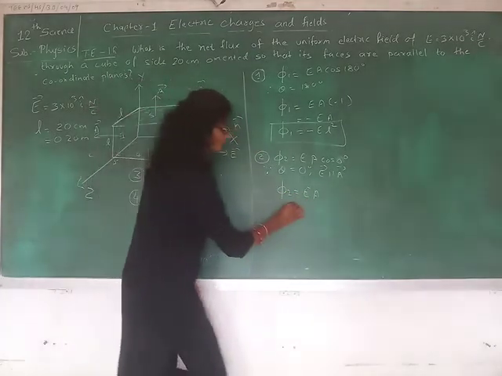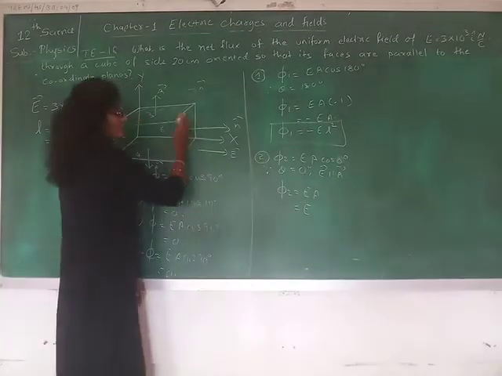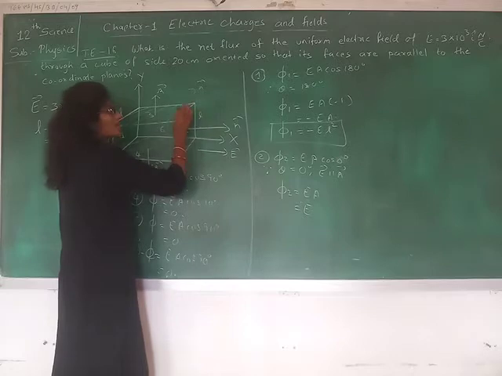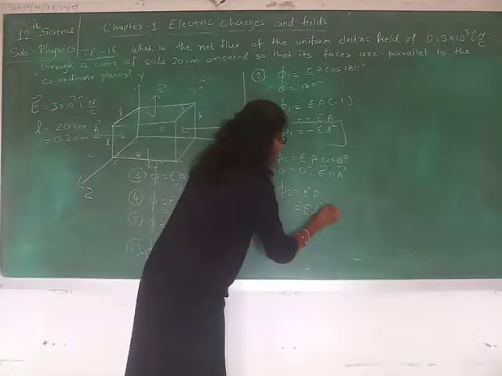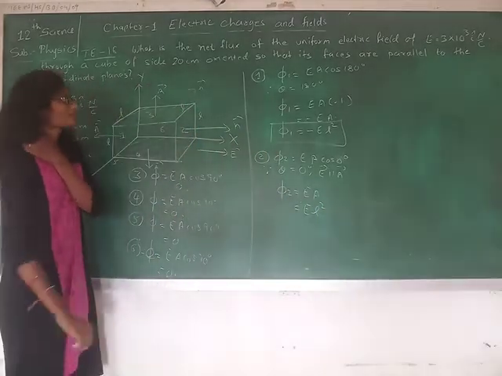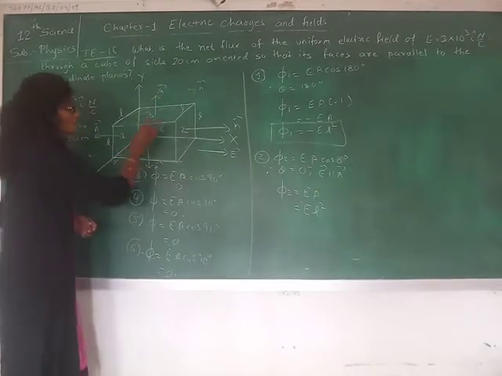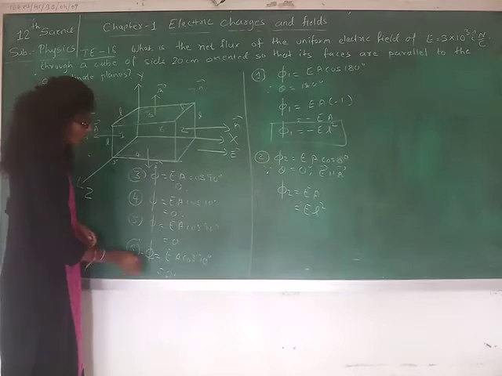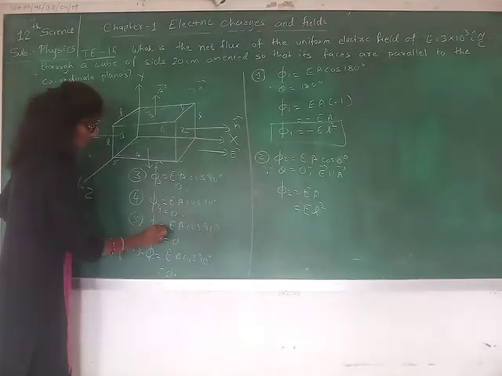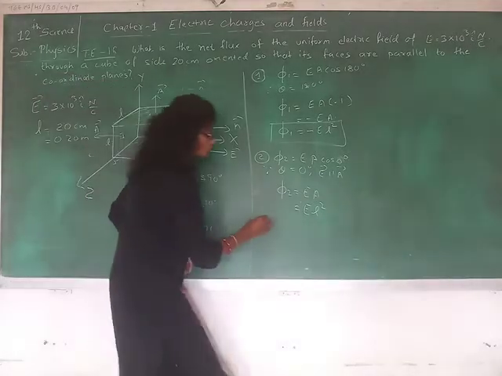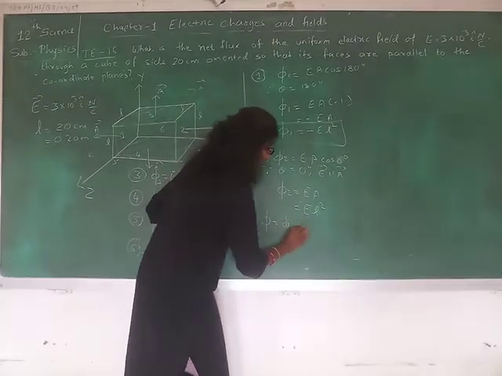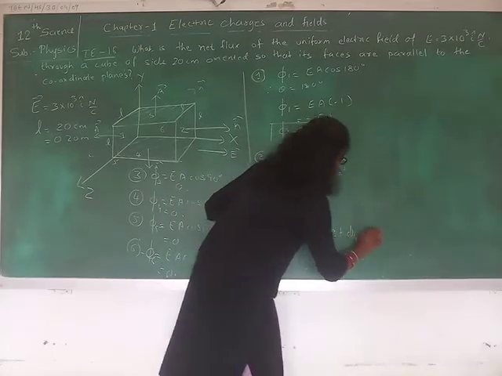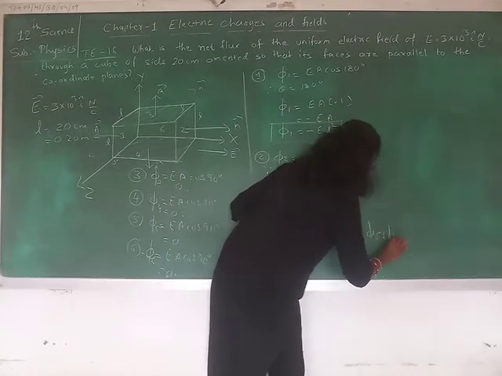So here the area is what? The area is the phase area of this phase of the cube, that is again length into length, that is L square, right? So now taking the net flux for the whole cube. For the 4 phases 3, 4, 5 and 6, flux is 0, right? Phi 3, phi 4, phi 5 and phi 6. So the total flux will be what? Phi 1 plus phi 2 plus phi 3 plus phi 4 plus phi 5 plus phi 6.